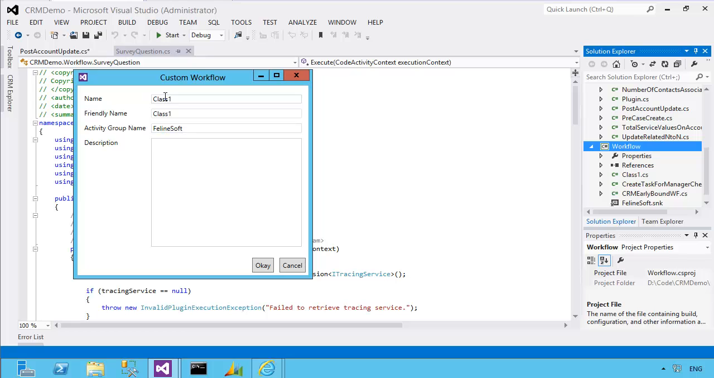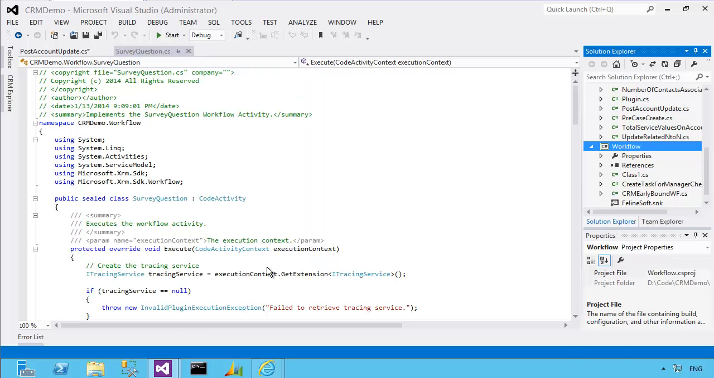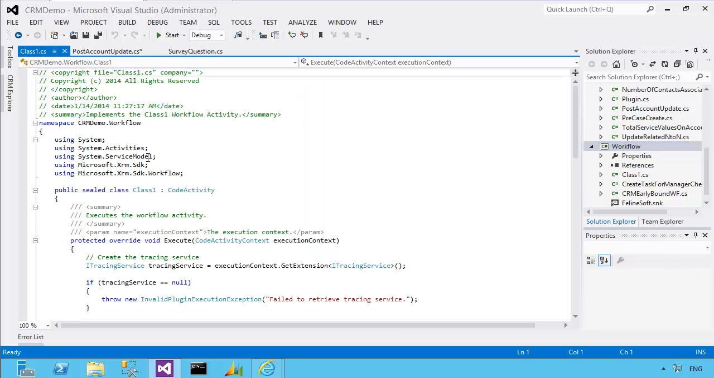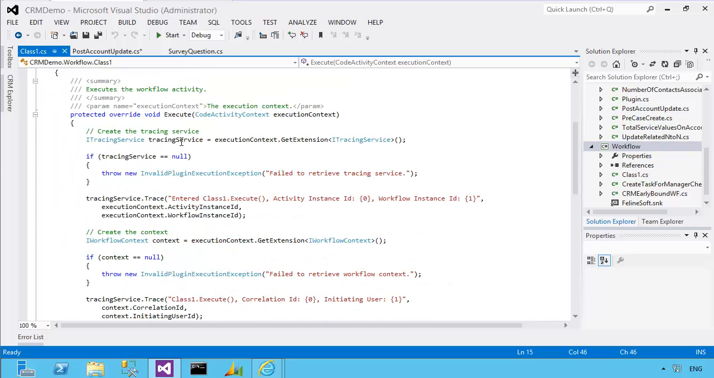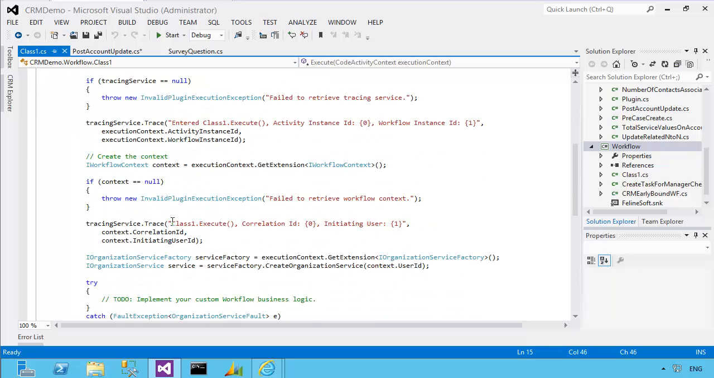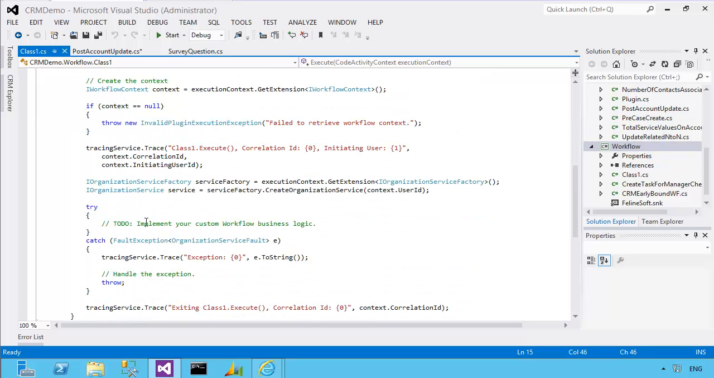Obviously I won't be actually publishing this, just put some rubbish in there. That actually generates this empty workflow class library. It's got various using statements. It's already implemented the code activity class library. In the execute method they've already initialized the tracing service and the context and so on. So it's a good starting point, and then you've got this to do, and that's where you'd enter your business